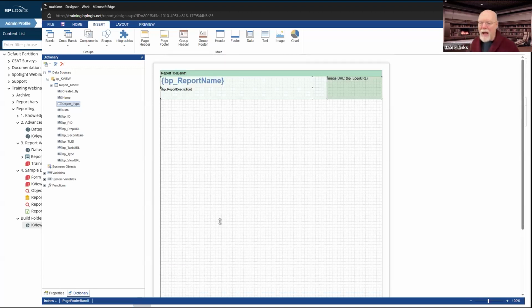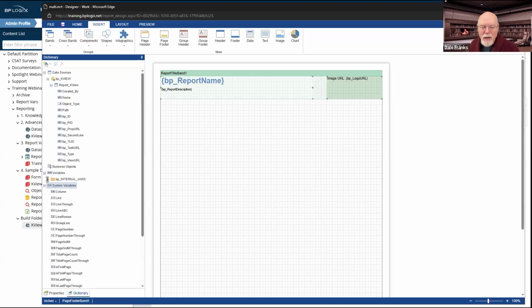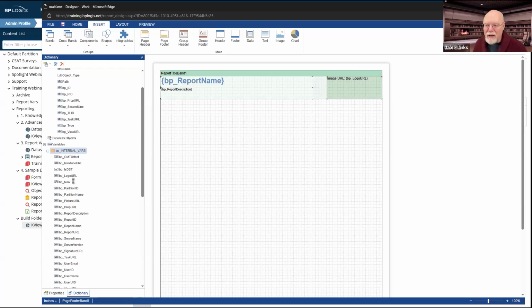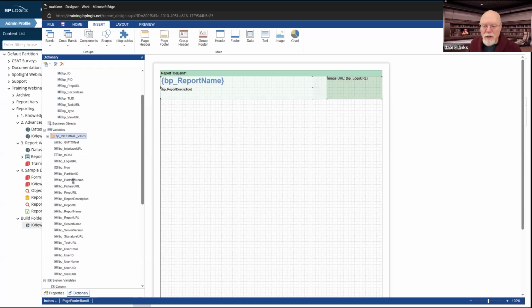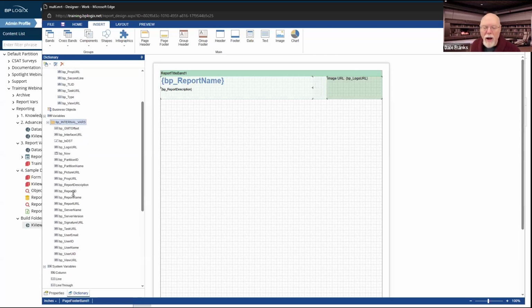Now, we already have these system variables up here at the top, and these are derived from Process Director. There are variables built into the system itself as system variables, and here are some internal variables in addition to the report name and description that it is grabbing out of Process Director. So I have all of these variables from Process Director that are available to me in every report.